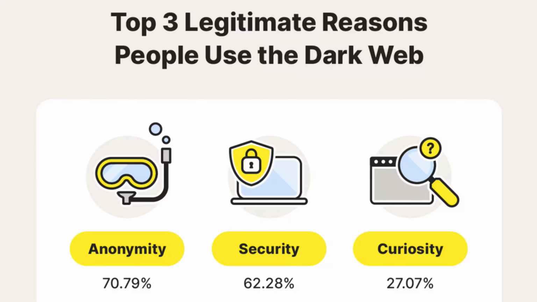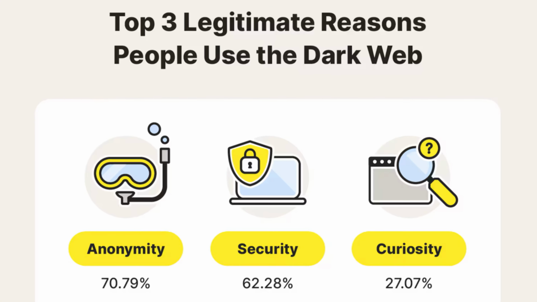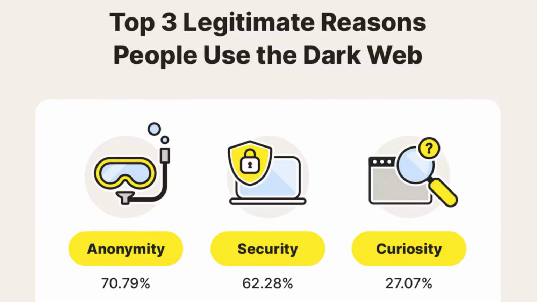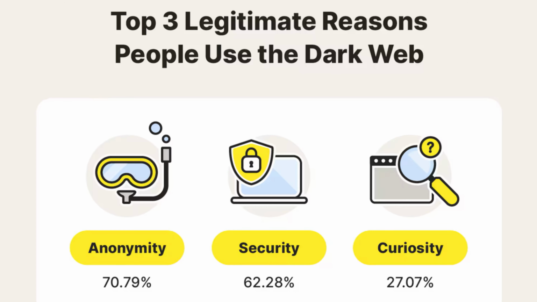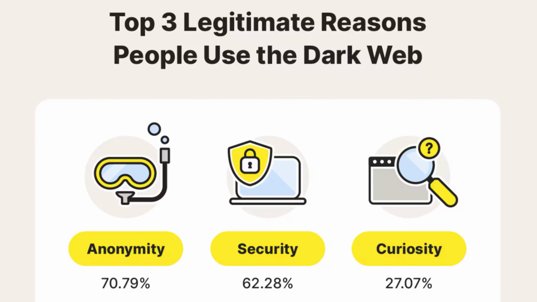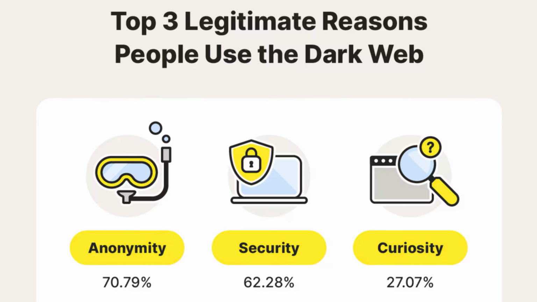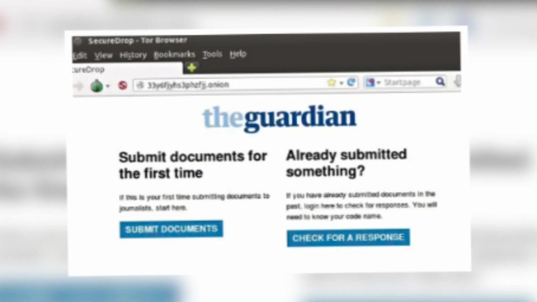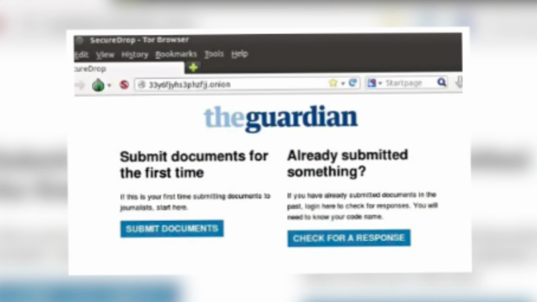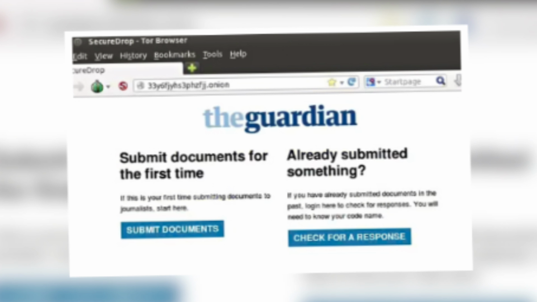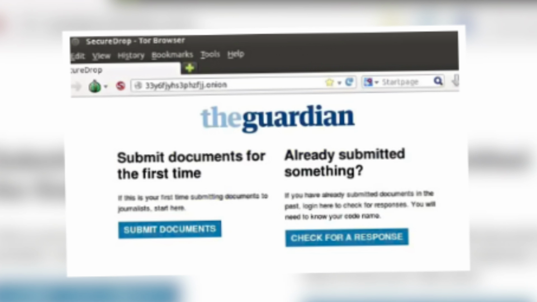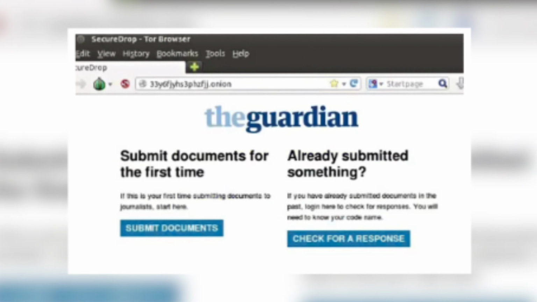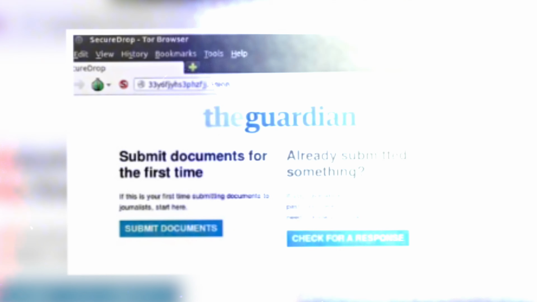For human rights organisations, journalists and political activists operating under oppressive surveillance or severe censorship, the Tor network is an essential shield, enabling secure communication and the dissemination of critical information without fear of reprisal. The best proof of the network's reliability is the institutional trust it has earned. Major news organisations around the world utilise SecureDrop, a whistleblower platform hosted on the dark web, to allow sources to submit sensitive documents with full confidence in their anonymity.